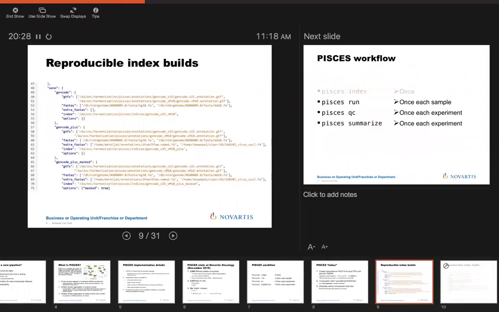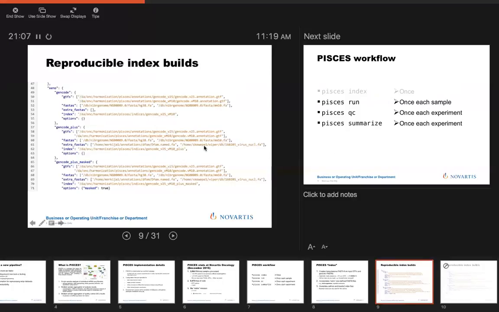The way that I've decided to define these index builds is by just JSON that allows you to name a species. This is for a xenograft build. And then you could have multiple indices that you build. So I build a GenCode index, which is just GenCode for human and mouse, passing in the assemblies and GTF files with nothing extra, and then an output location. What I use on a routine basis is GenCode Plus. This is adding in some consensus repetitive elements and some